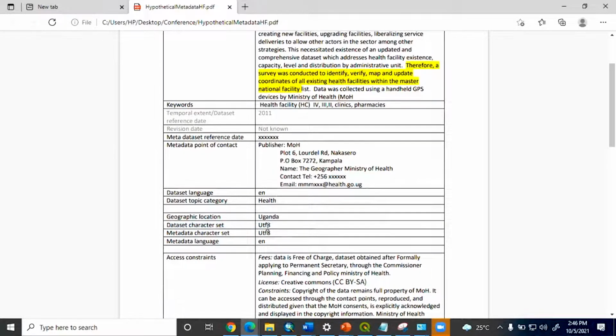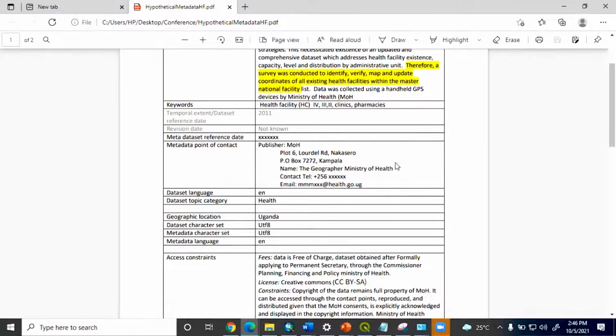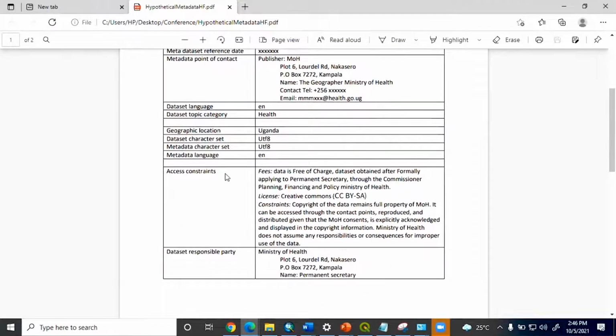And then for us in the English world, we use the UTF-8 character set. And the metadata character set also is UTF-8, meaning that our characters start from A up to Z. We don't have these umlauts or special characters. Ours start from A up to Z, so that's why I'm using UTF-8. Now, you can see that there are access constraints. You need to put the access constraints there, for example,